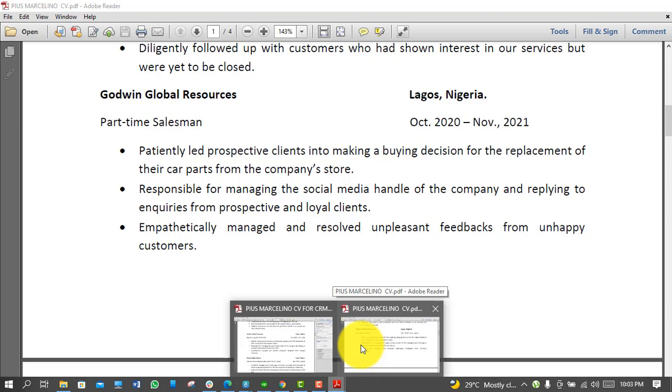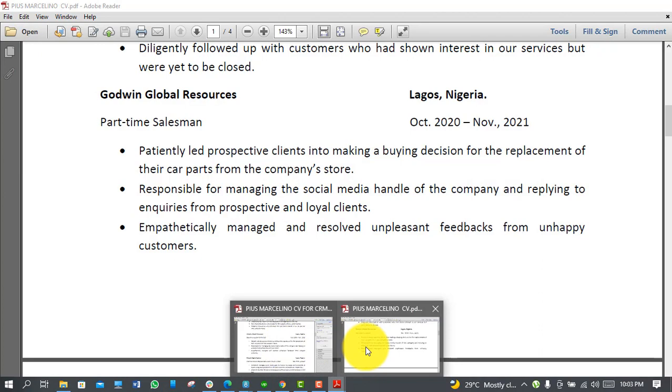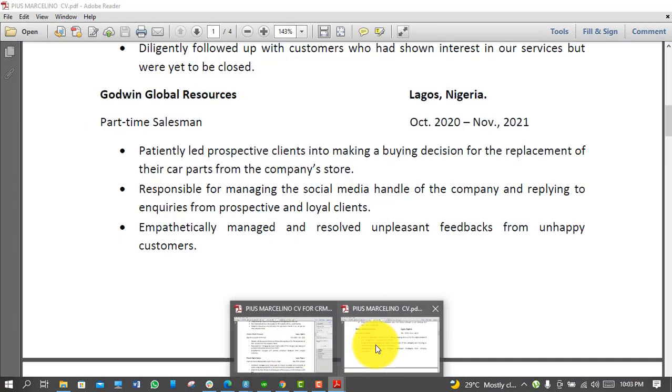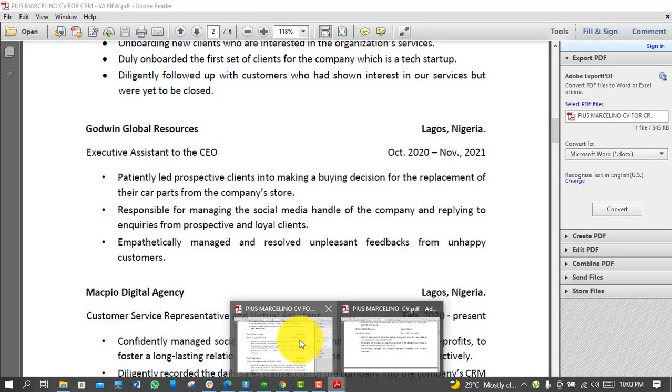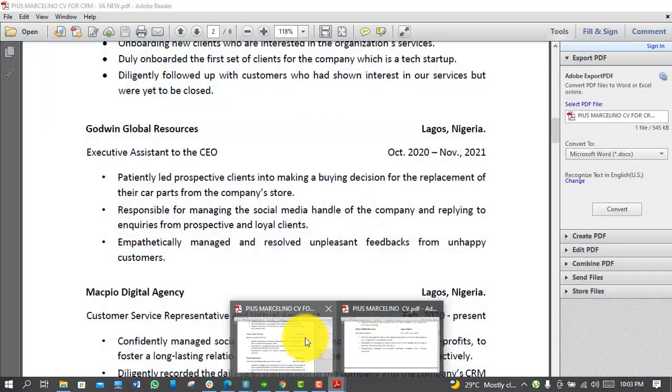You see, no difference. See this one, responsible for managing social media handles and so on and so forth. The same thing here. The third one, empathetically managed. You see that, the same thing here. So what has changed? Just the role. So this is how you can create a specialized profile out of a general profile. All you need to do is copy and paste, because it is your CV. So you are not copying anybody but yourself. You have to tweak some things so that it matches the job description